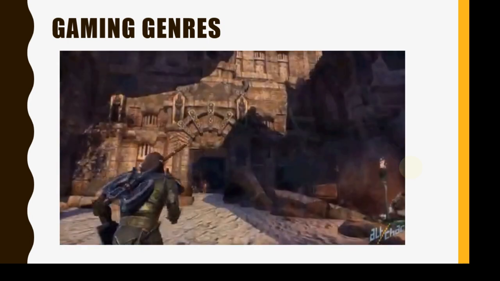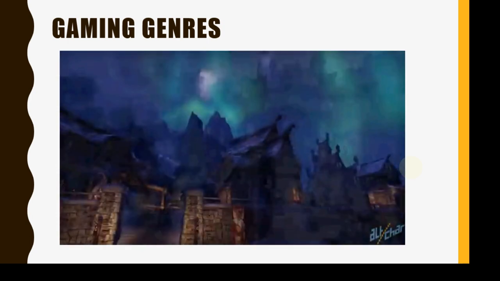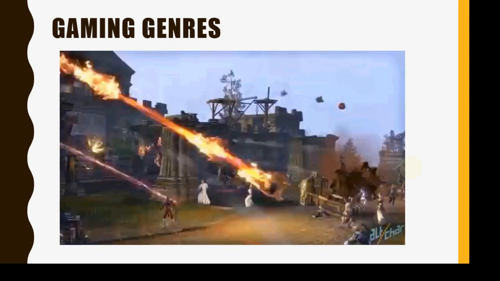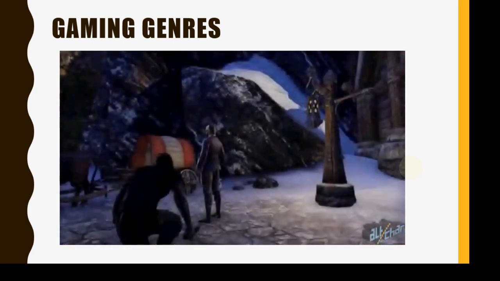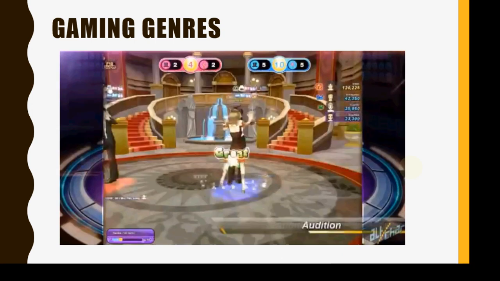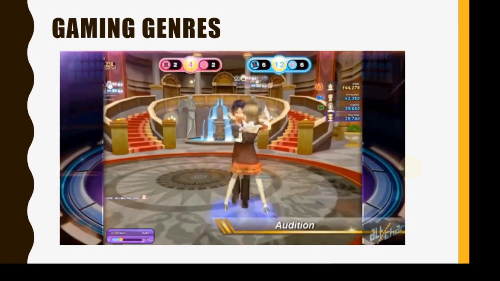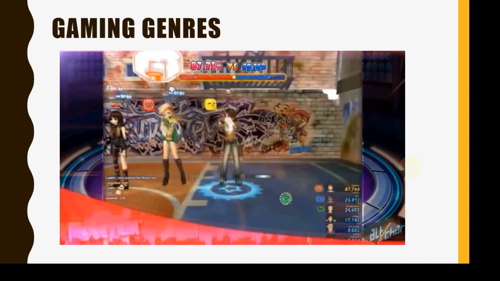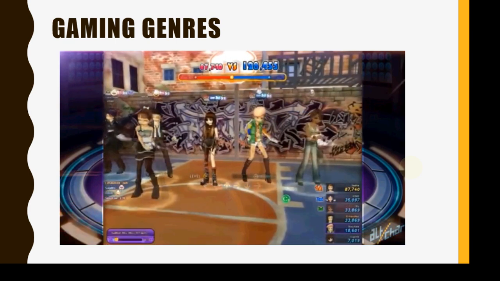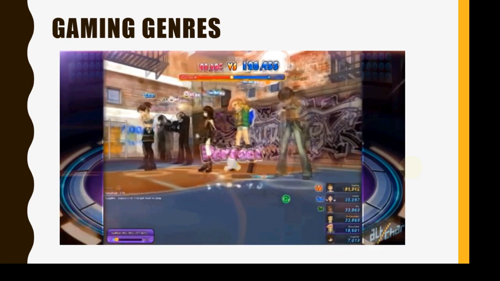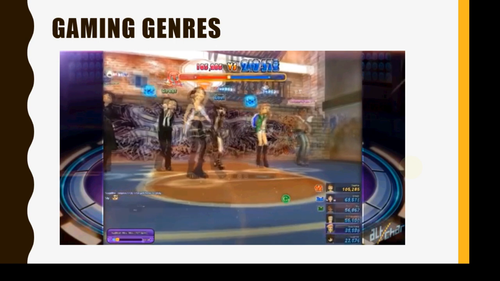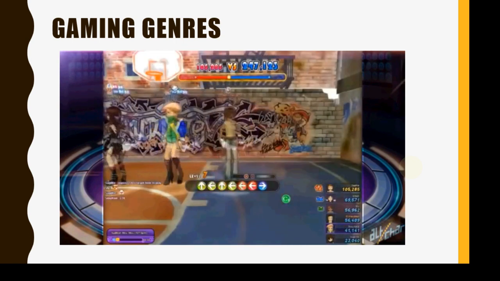Now, here's where things can get a bit tricky, as there are some key differences between MMORPGs and MMOs. The first thing we should note is that all MMORPGs are MMOs, but not all MMOs are MMORPGs. Here's what we mean. An example of an MMO is Audition, a fun game where your goal is to be the best dancer. In it, you compete against other players in dance-offs, earning you points to level up and gain ranks. So far, so MMO. Now, the reason why Audition is not considered an MMORPG is because it does not take place in a fictional setting. You are represented by an avatar, but it's all meant to look like a real-life place.